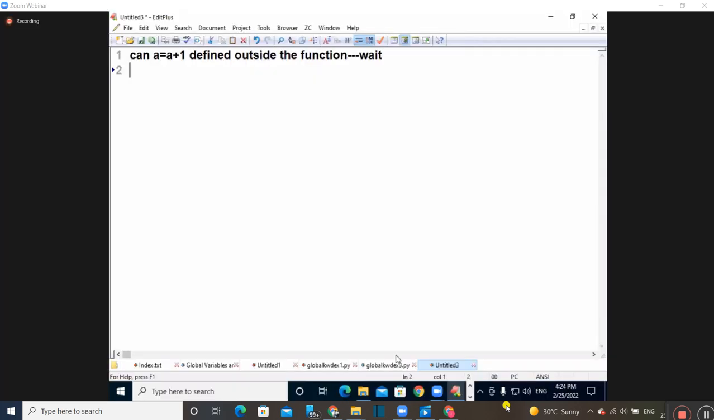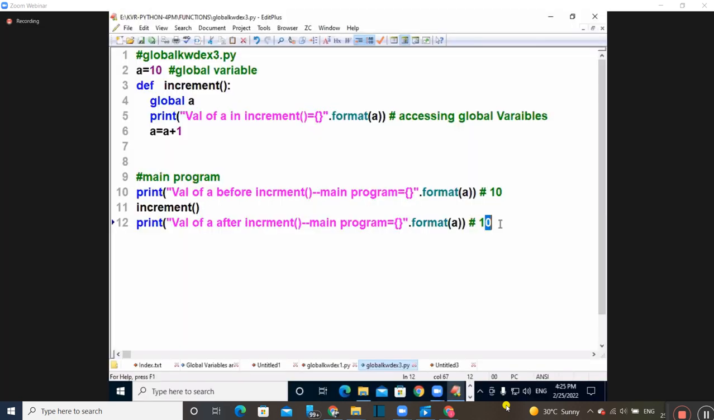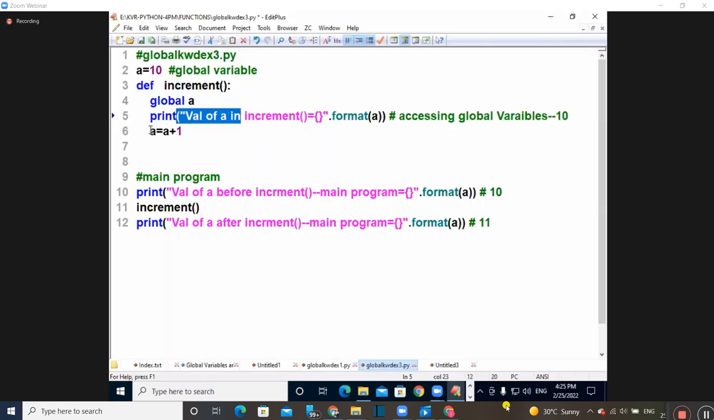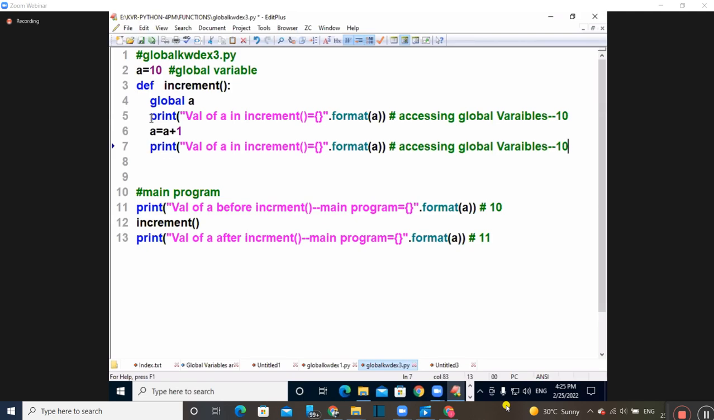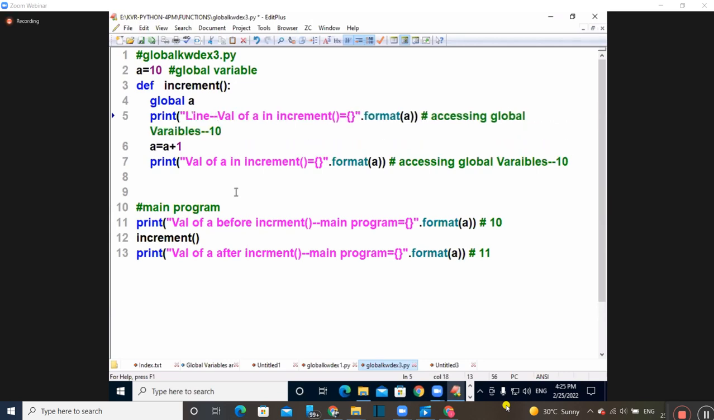Wait, hold on. Coming back to the point, I will execute this program and show you. What answer is coming? 10. What answer is coming here? 11. What is the value printing here also? 10, before incrementing. After incrementing, it is coming to this place. Understand? If you want to print inside also, once again, you can print it, no problem. This is before increment. This is before increment. If you want, you can write it like this also. Line number 5. Line number 5. This is line number